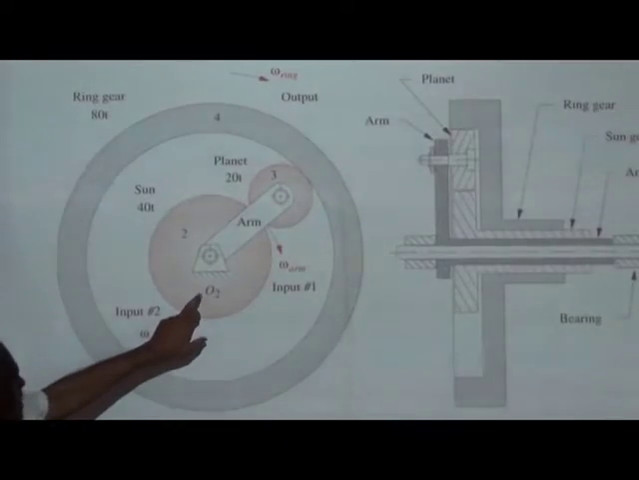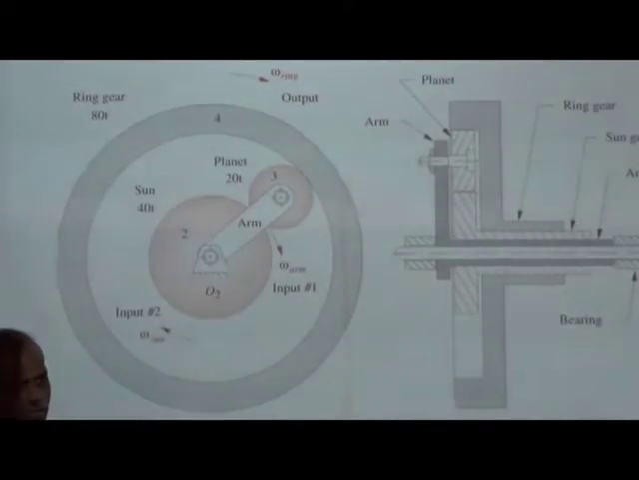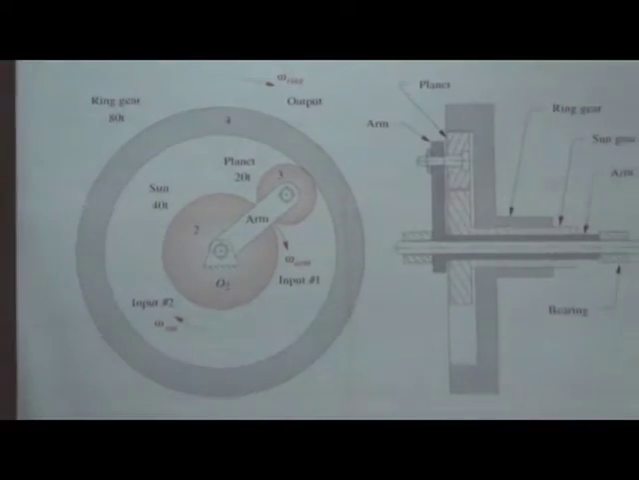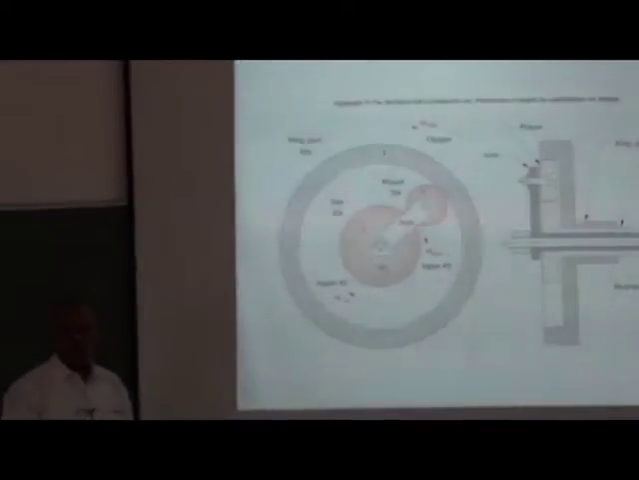See, you have the sun gear and the planet gear. Suppose I want to take the output from the planet gear. It is difficult because that planet gear is not still, it is rotating like this. When something is moving like this, it is difficult to take an output from it. To facilitate